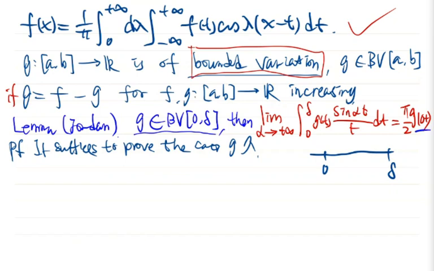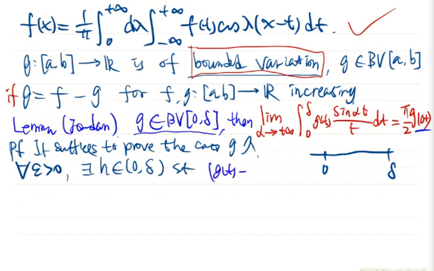So the limit exists. Therefore, for any epsilon positive, we can take h positive and smaller than delta, such that |g(t) minus g(0+)|, where g(0+) is the right limit at 0, is less than epsilon for any t in the interval (0, h). Okay, so we take such an h, then our integral from 0 to delta